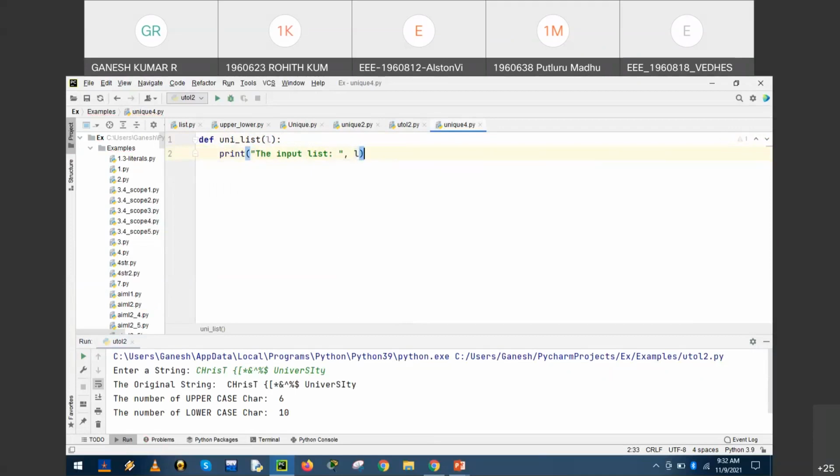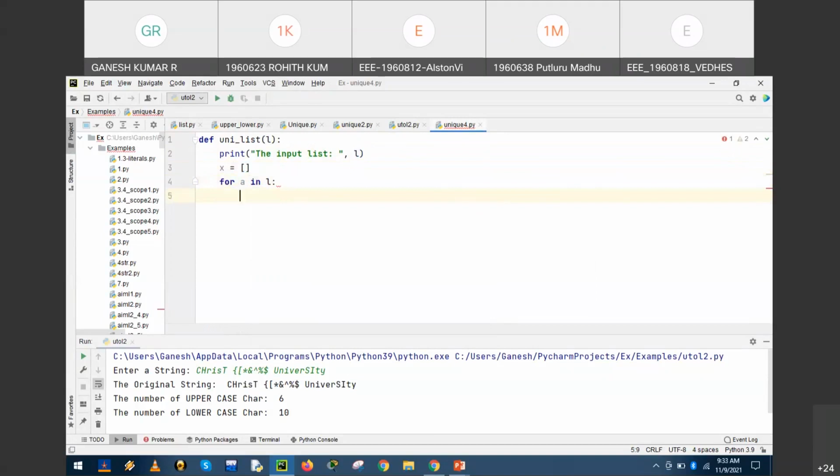Then define a blank list. At the beginning, the list is blank. For a control variable A, the parameter is L, right? So a for loop with a colon: for A in L.